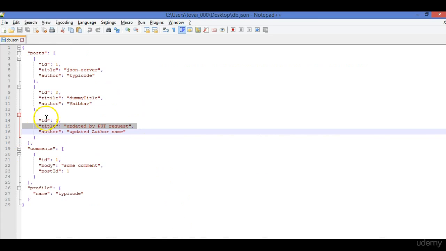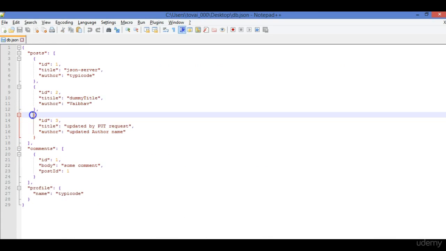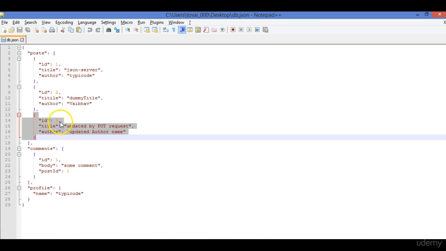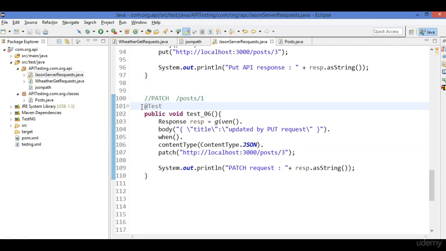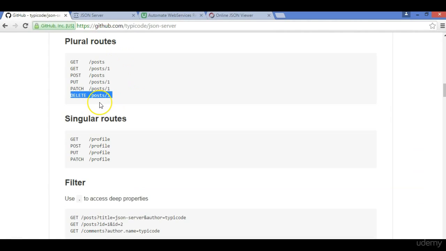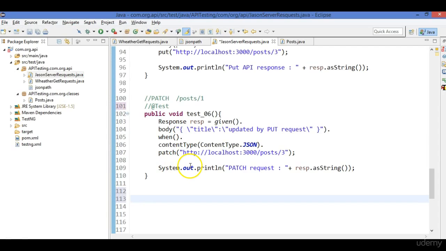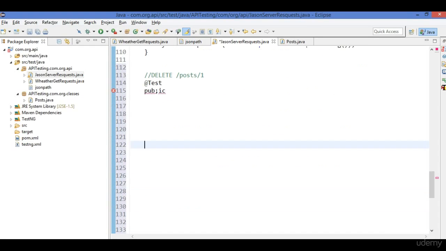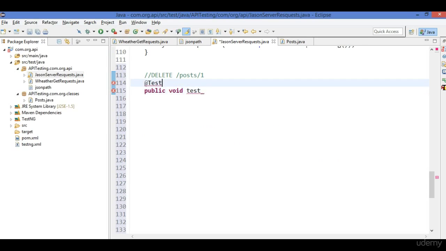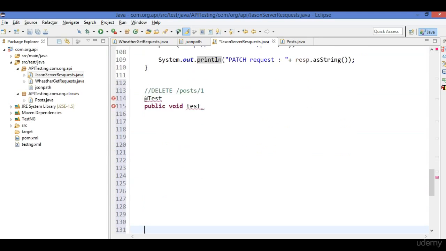So this is a database. What I will do is try to remove this third data, with ID 3. Let's come into the above test and copy this. At the test. Test. So 6 and